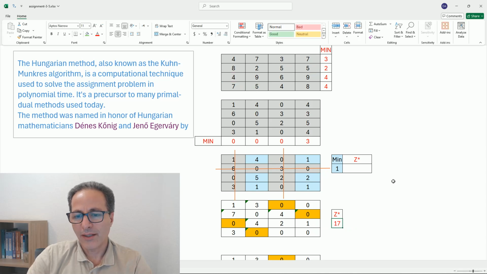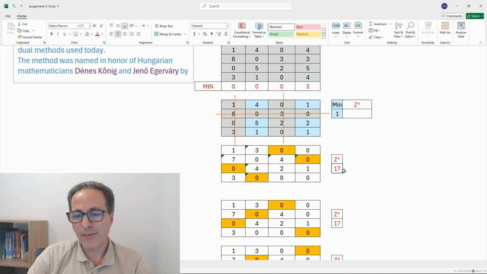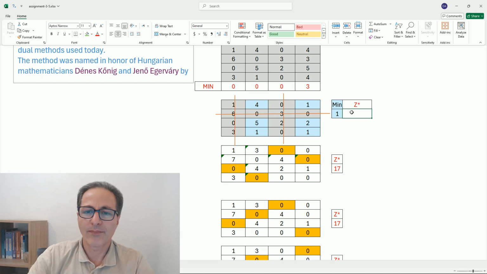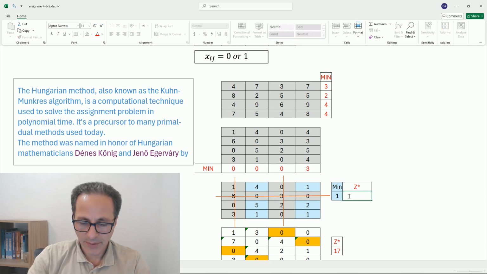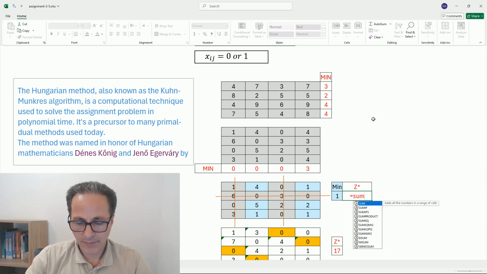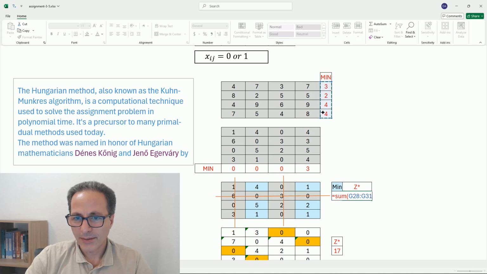Cool. Now how can I get the same Z star without continuing? I don't want to give the solution, I want to give only the optimum value. So considering the Hungarian algorithm, we see that after subtracting this 3 here, at the end we had to add it to the optimum value. Since at the end we have all zeros, I need to add this 3, so I can write Z equal to the sum of these values and these values that we selected,